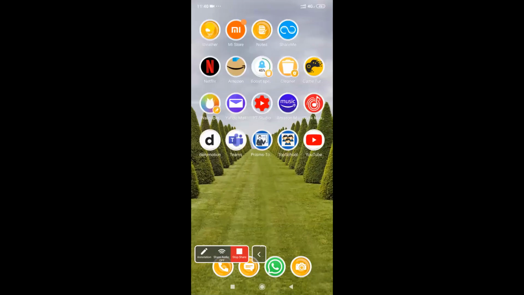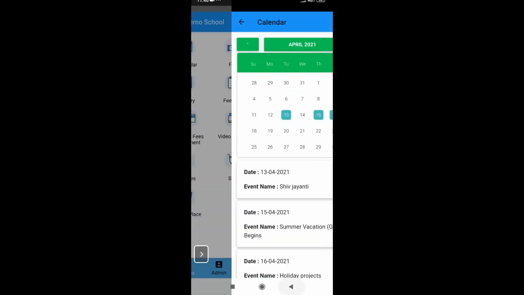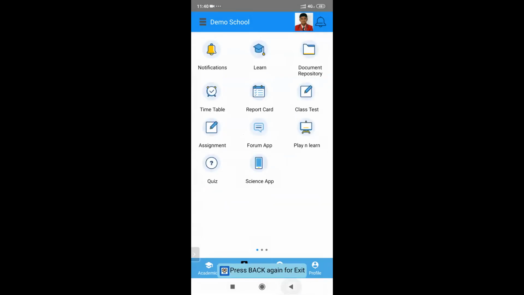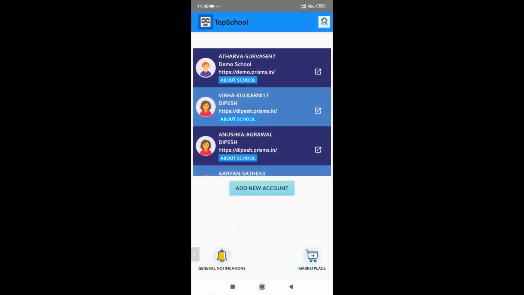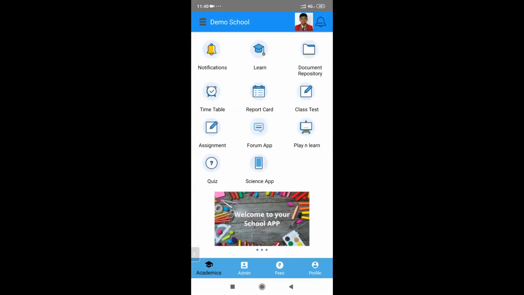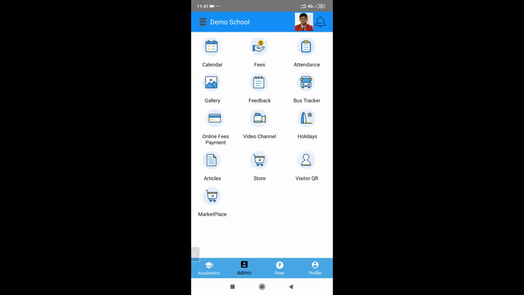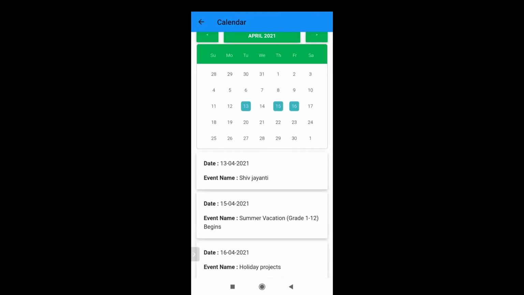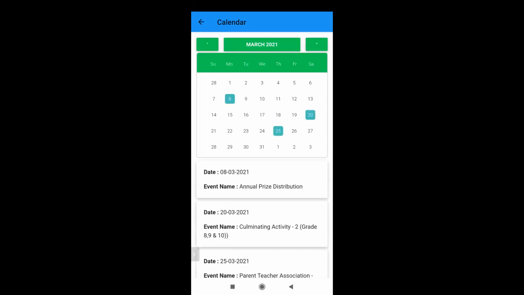Okay. So for example, now I've opened, let's say I log in from the start. Let's say I log into a child's account. For the same child, we have given access to 3 calendars as of now. But on the children's side, they're just able to see the calendar and the events. That's it. They don't get to see whether there are 2 calendars or 3 calendars. They just see the events that you have added for them and that you have given access to for that particular class. There is no confusion on the students' end.